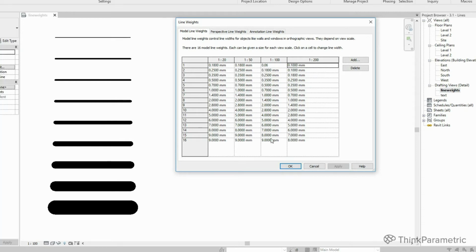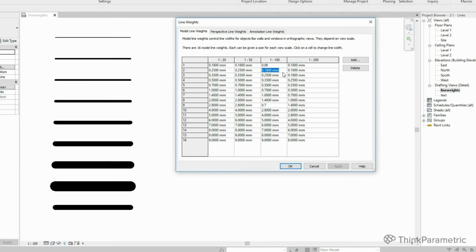Then click Apply. You can see the first line is slightly thinner. We want to define the maximum value we are using. This will be 0.7. When I hit Apply, you can see the last line changed, and this will be the thickest line that we'll use at this scale. All the other lines will be gradually incremented in between.